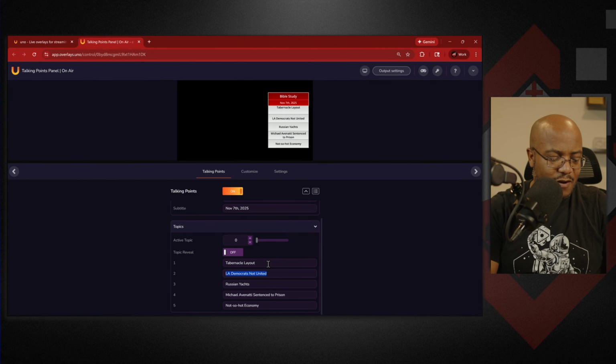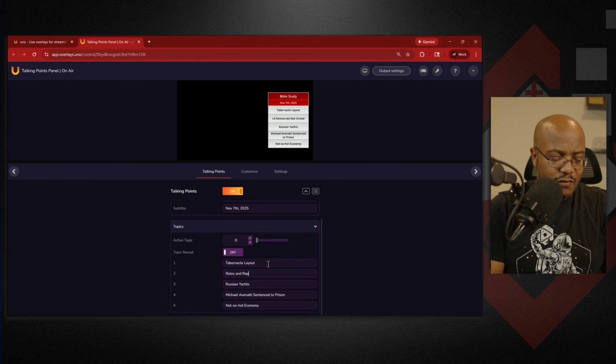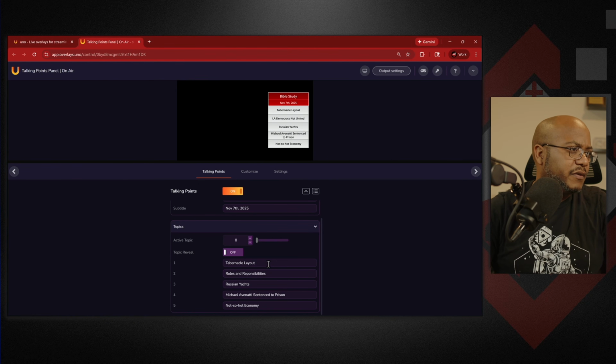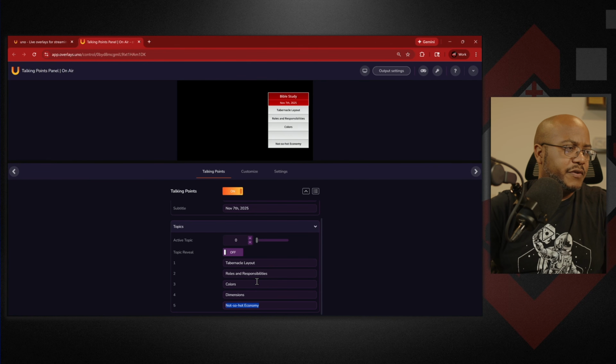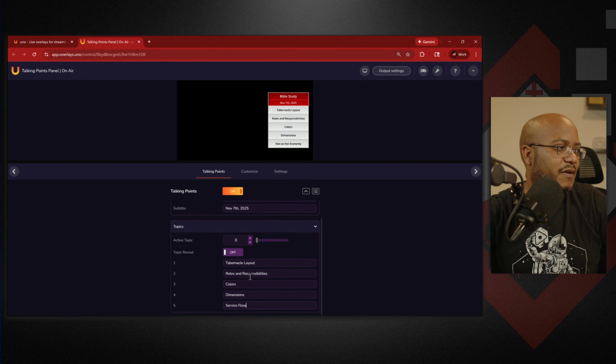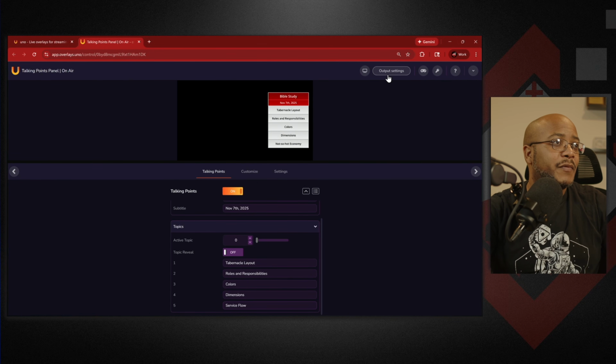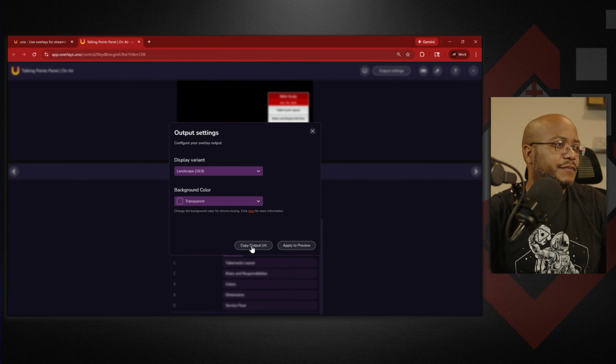tabernacle layout, roles and responsibilities. Did I spell that right? No, I didn't. Colors, dimensions, service flow. I'm just making up stuff. So, do we want to do a topic reveal, active topic, so we can have some more controls over that? So you add them there. We're going to copy that output as well,